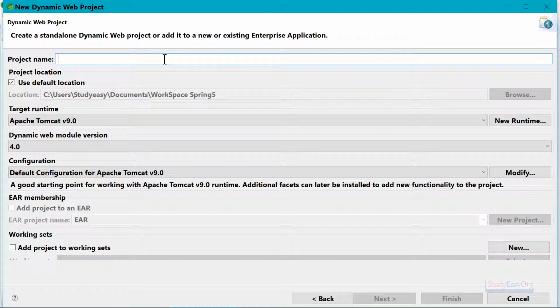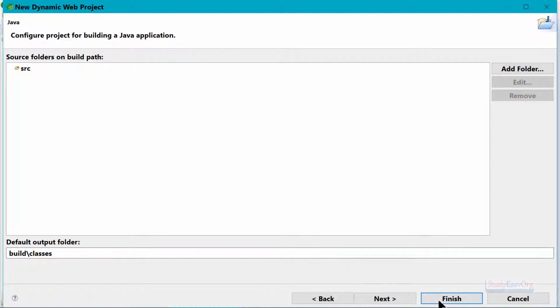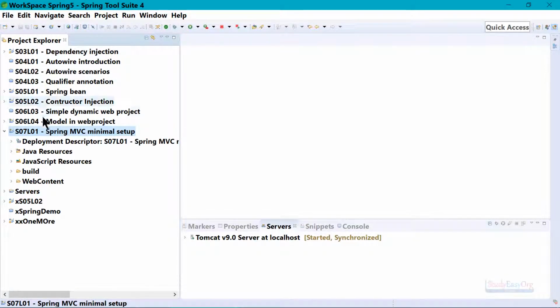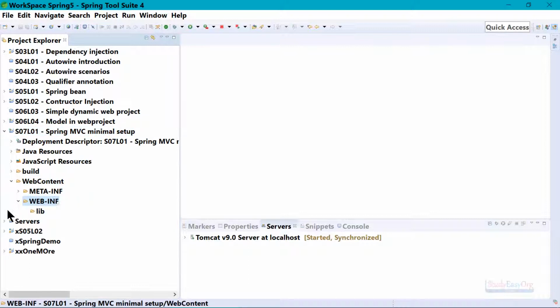In here, we will give the name as Spring MVC Minimal Setup. Alright, everything else is good enough. Let me click on finish. Now we have this project where we have the minimal setup. This looks good. If I show you, there are a couple of folders including WEB-INF, and there is no